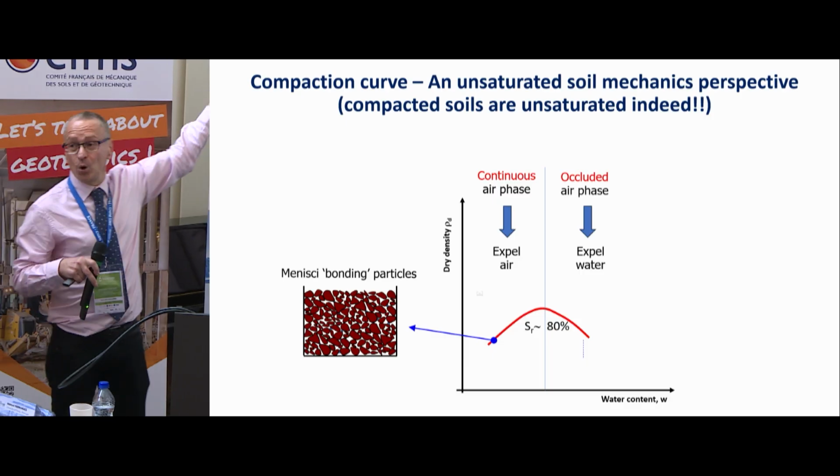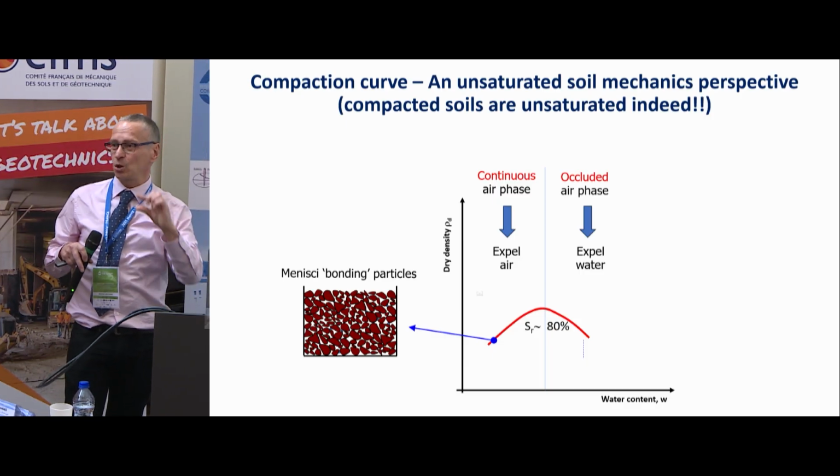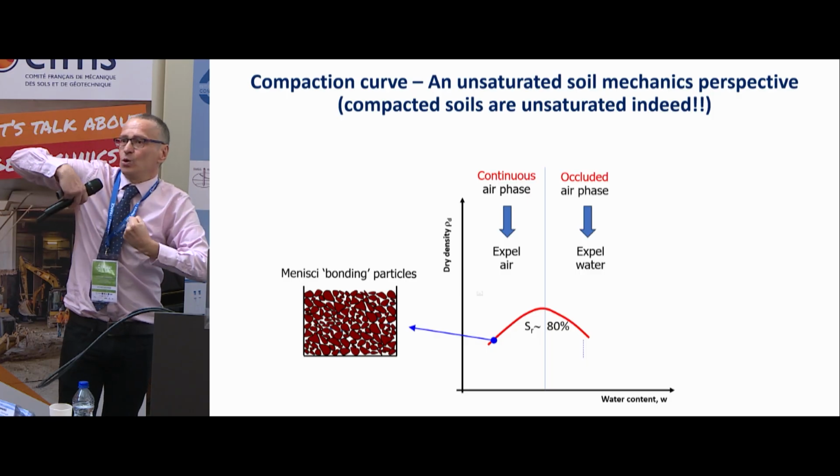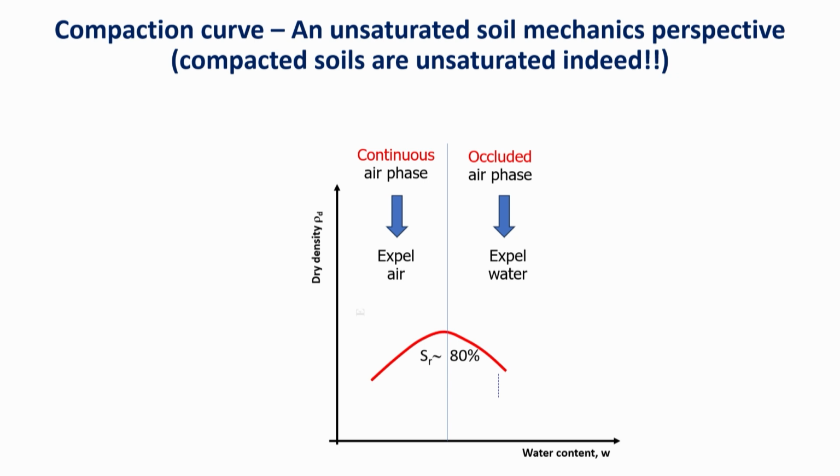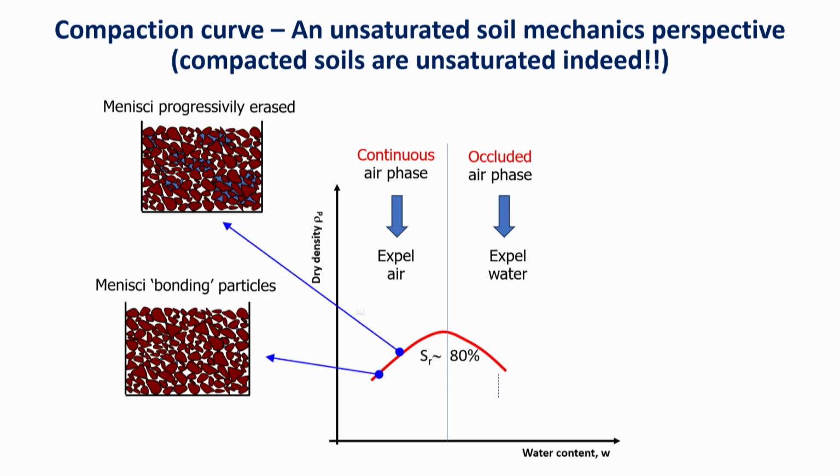What happens here? You have all menisci here. The degree of saturation is low. So those menisci are generating a pressure, so you are increasing the intergranular stress. You are increasing the shearing resistance at the contact. You are preventing the sliding at the interparticle contact. So you are maintaining an open structure, low density. When you are increasing the water, you are taking some of those menisci away, as if there was a cement at the interparticle contact, and then you are killing it. So those particles that were prevented from slipping against each other are now slipping, and then you are getting a higher density. Up to a point.